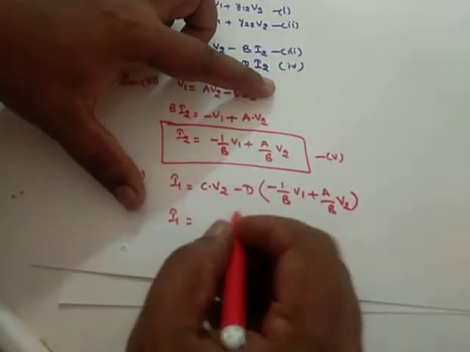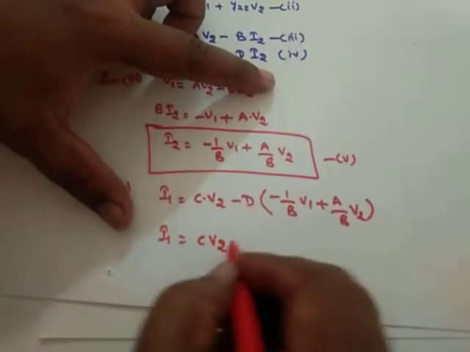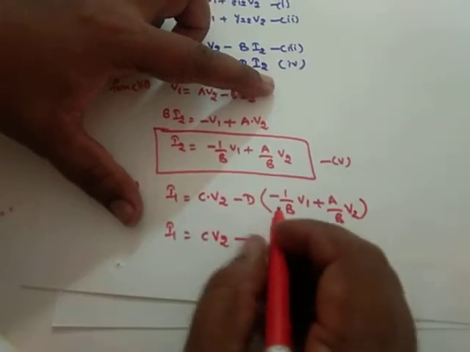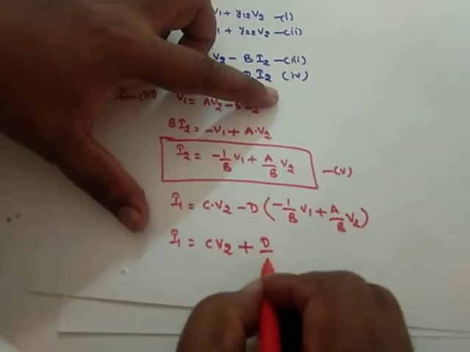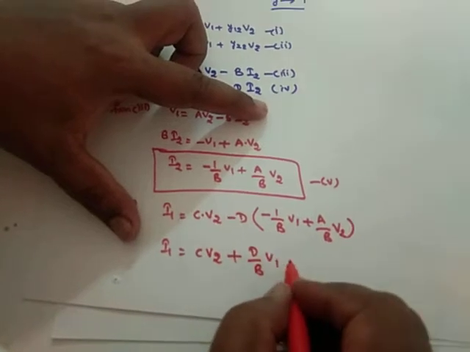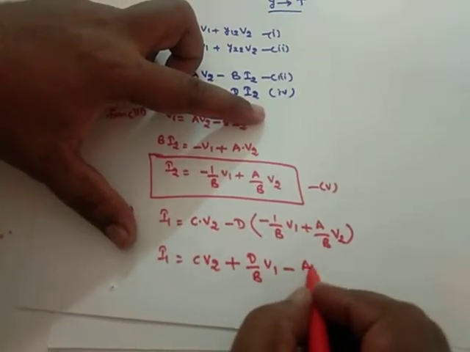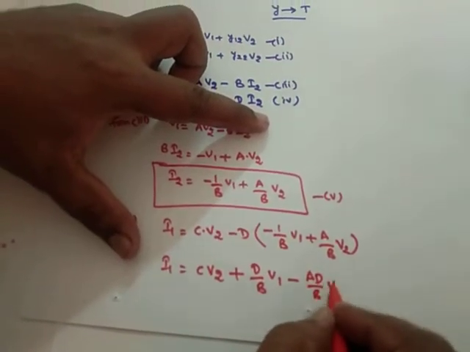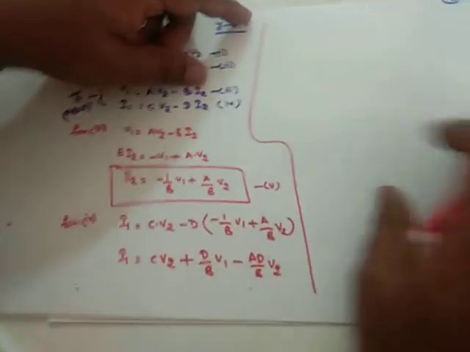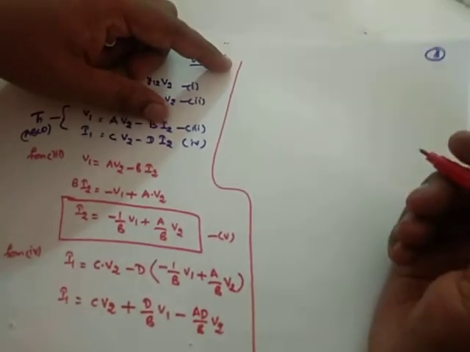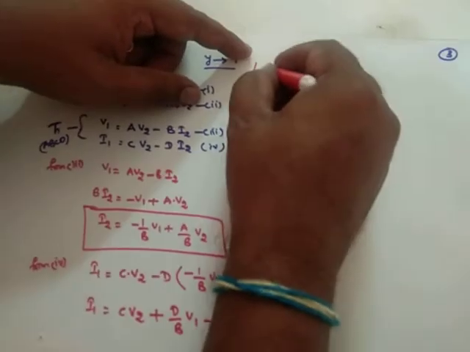Simplify: I1 is equal to C into V2 plus D by B V1 minus AD by B V2. Further simplify,